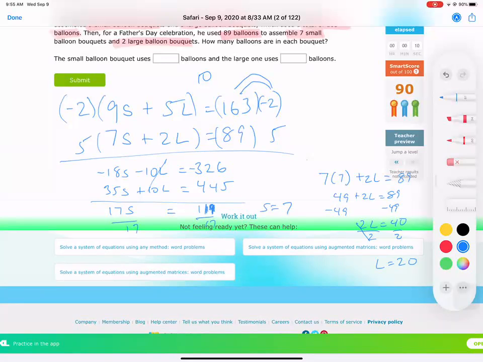All right. Now to double check, since we used the second equation here, I'm going to double check using the first equation. 9S plus 5L, would that give me 163? 9 times 7 is 63. 5 times 20 is 100. Ooh. 63 plus 100 is 163. Yep, we found the solution that worked. So to rewrite this, we have small balloons are 7, and large balloons are